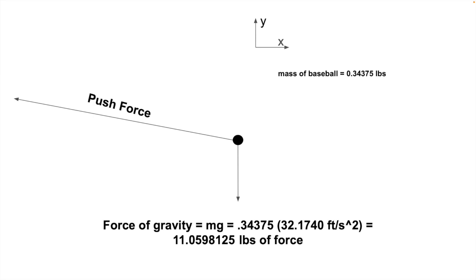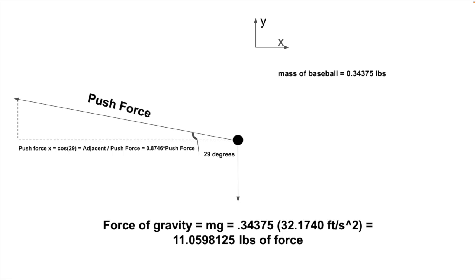to get 11.0598125 pounds of force. We can also use trigonometry and the Pythagorean theorem to find the sum of the force of gravity and push force. First, we need to find the x and y components of the push force using trigonometry, with the launch angle 29 degrees being our angle. For the x component, we can use the equation cosine theta equals adjacent over hypotenuse, and to solve it, it will look like